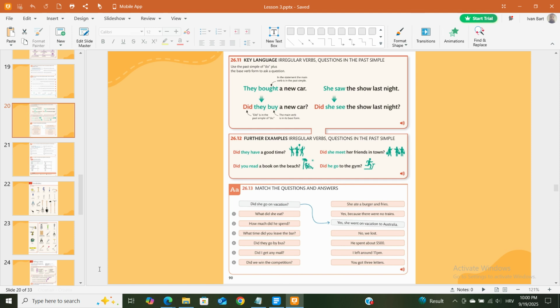26.14 Fill in the gaps to write questions based on the sentences. They sold 50 cakes. She read the magazine this morning. How many cakes did they sell? What? The movie began at 7:30 p.m. When? He chose the red shirt. I caught 5 fish at the lake. How many?